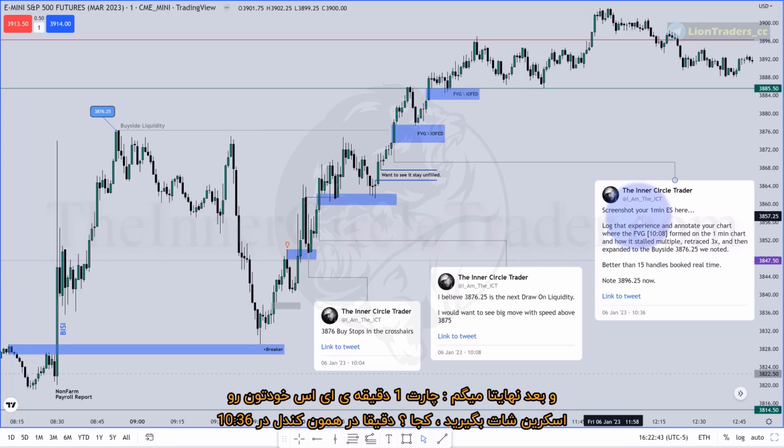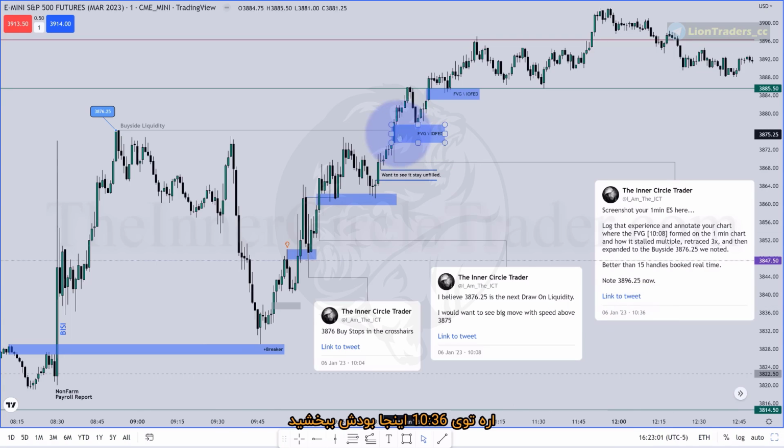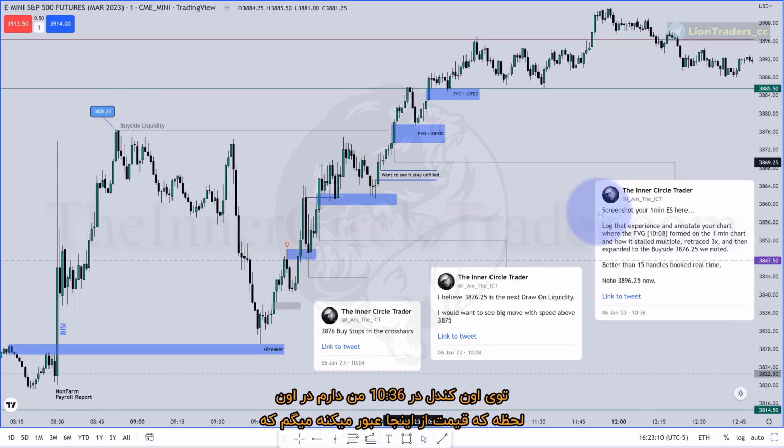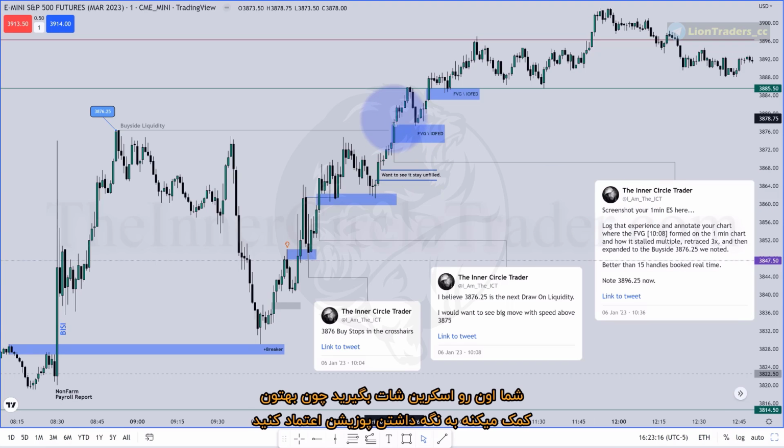And then finally, screenshot your 1 minute ES chart here. Where? Right on that very candle. So at 10:36, yeah, 10:36. I got disoriented there. I'm sorry. 10:36 candles right there. Look down at the bottom of the chart, right down here. Okay. 10:36. On that candle, I'm saying at that moment, as it's going through it, you want to screenshot that